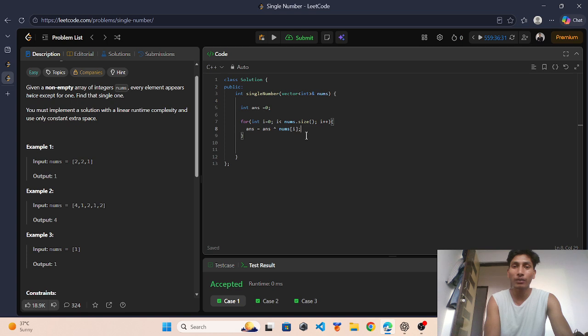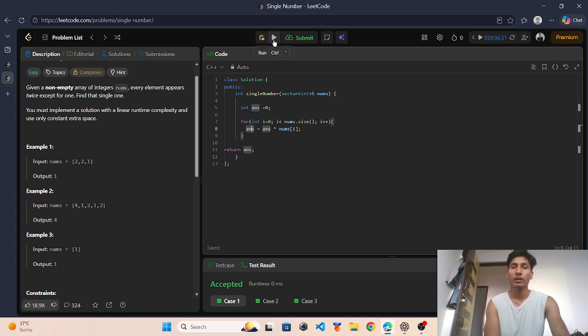We find that answer from this logic, and the element is present only one time in the nums array. So we have to return ans, which is updated from 0 to 1. After the last run of the loop, 0 XOR 1 returns 1.